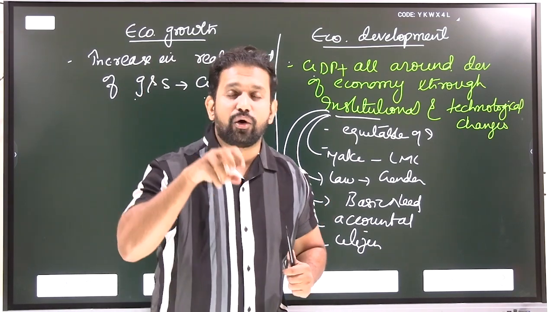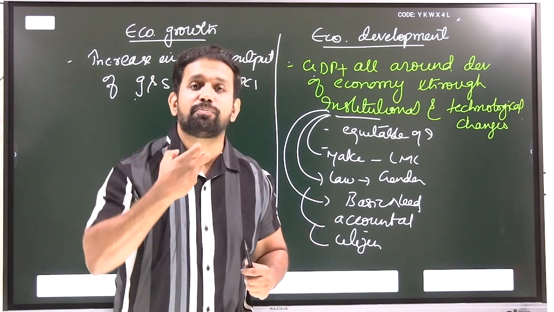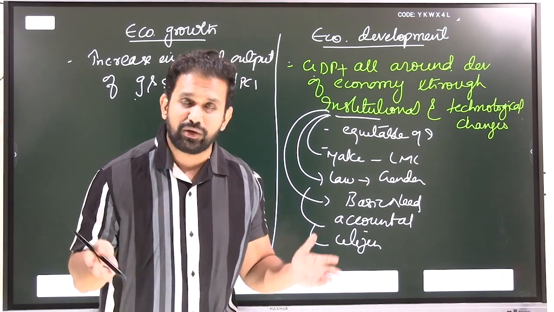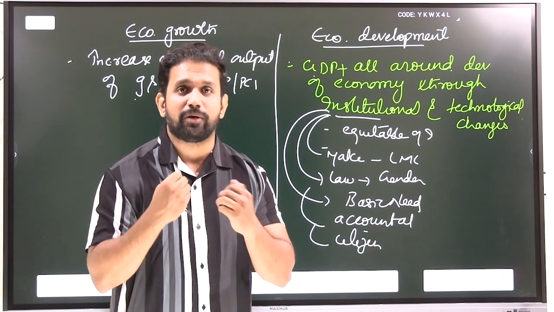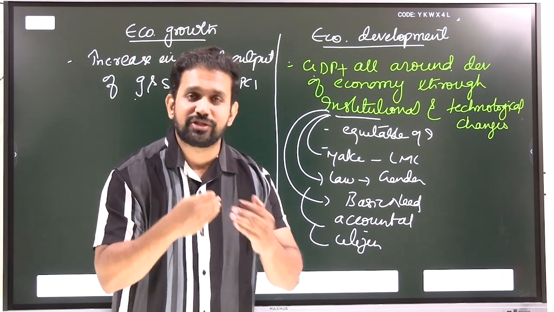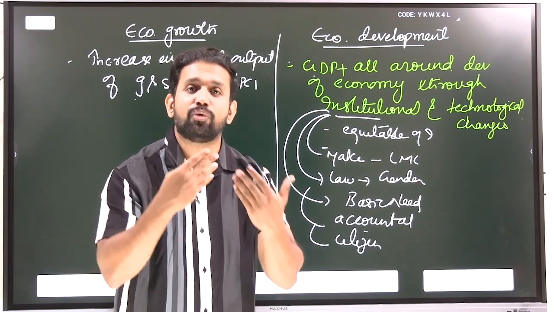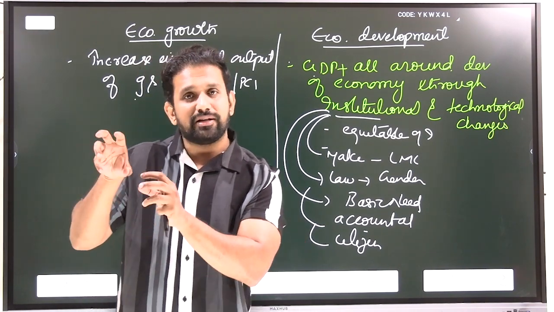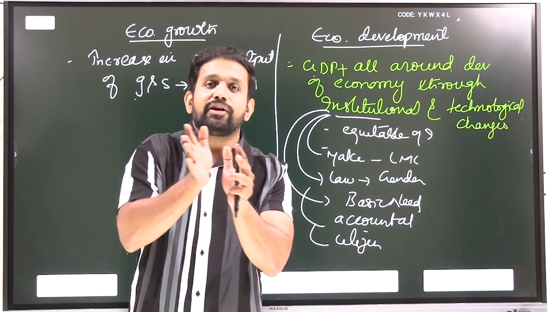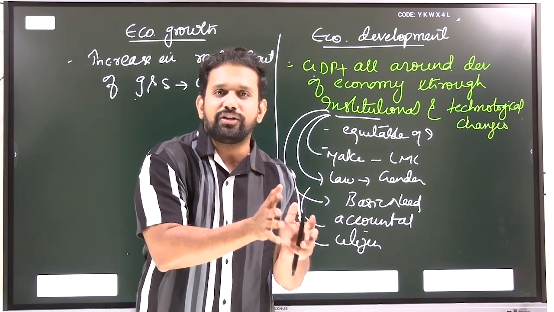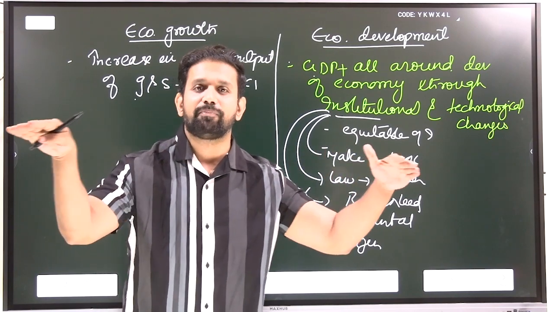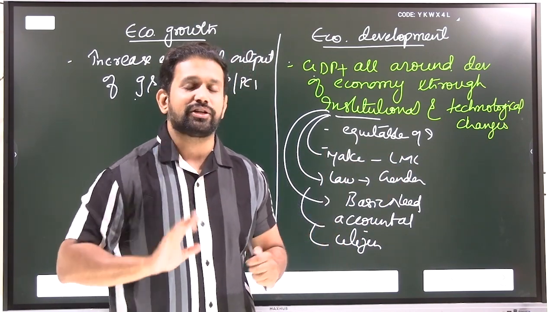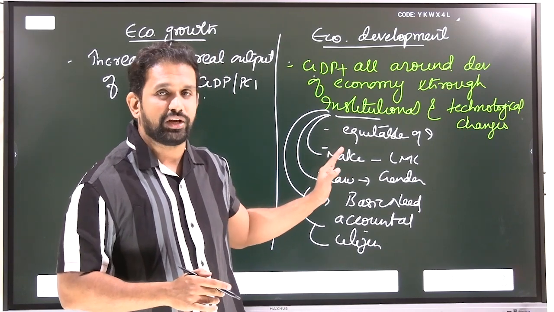Institution means government bodies trying to bring out policies and schemes in such a way that will reduce poverty, that will ensure equal opportunity, that will reduce gender inequalities, that will promote women empowerment. So institutions are nothing but government bodies trying to bring out schemes and policies in such a way that overall development in our economy and the society should take place. Such kind of changes are called institutional changes.